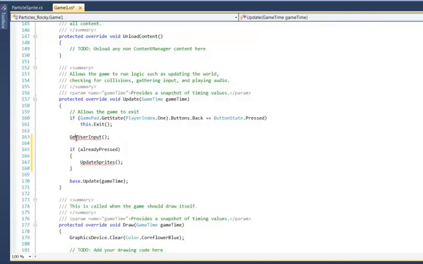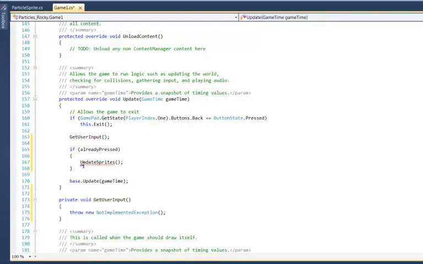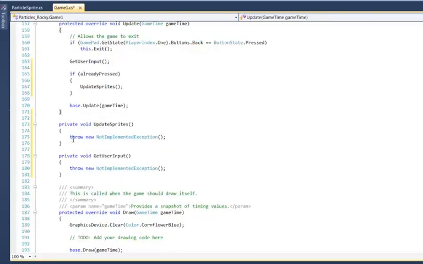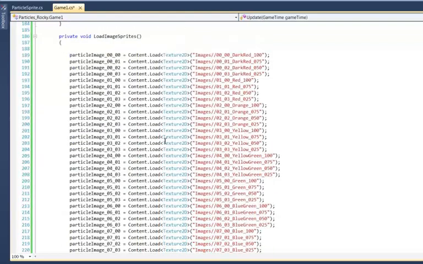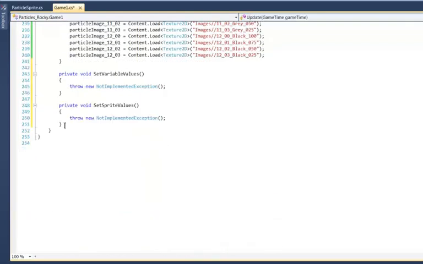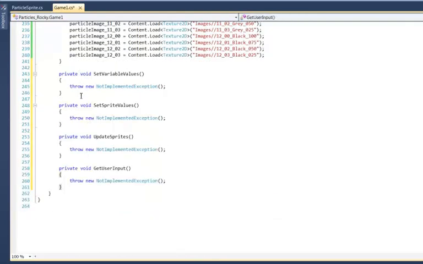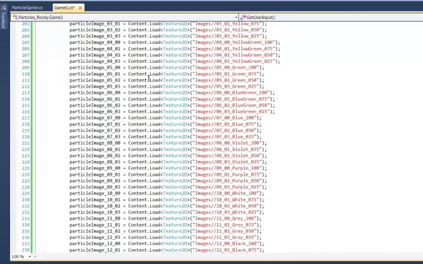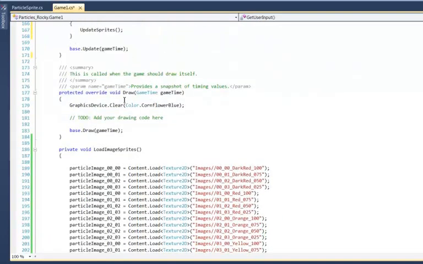Okay, so these two methods don't exist, so we're going to generate the stubs. There's one, and there's the other. Okay, and then we'll cut these, Control X, and come down to the bottom. And there's those four. So we've got our setup and our actual running ones. We need one more, and that one goes in the draw method. So we'll come back up here, and there's draw,